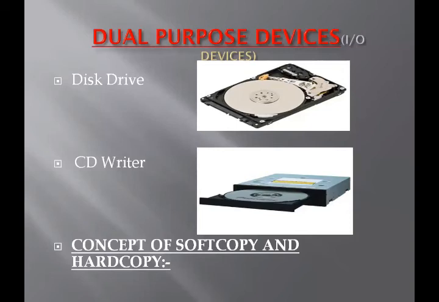What is the difference between hard copy and soft copy? A computer output displayed on a monitor is called soft copy. The computer output taken out on paper is called hard copy. Soft copy is intangible and temporary. Hard copy is tangible and permanent. The device used for getting soft copy is the monitor. Devices used for getting hard copy are the printer and plotter.